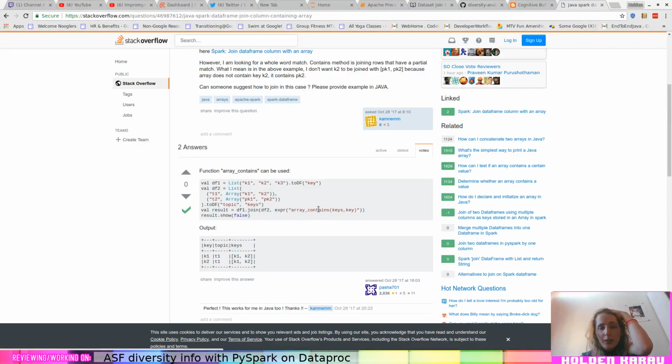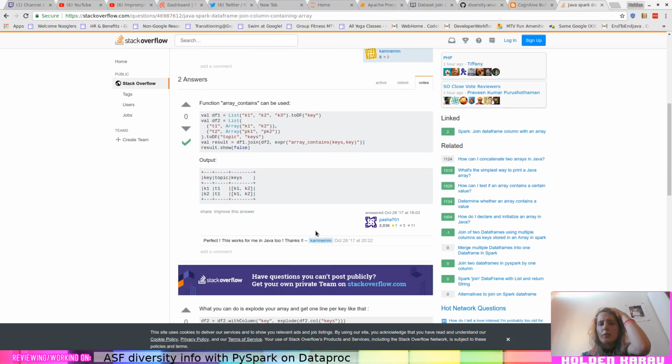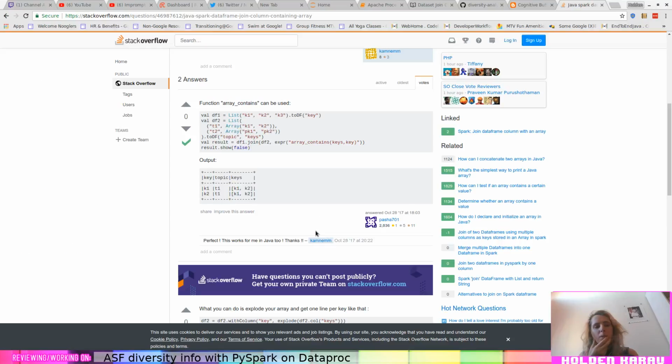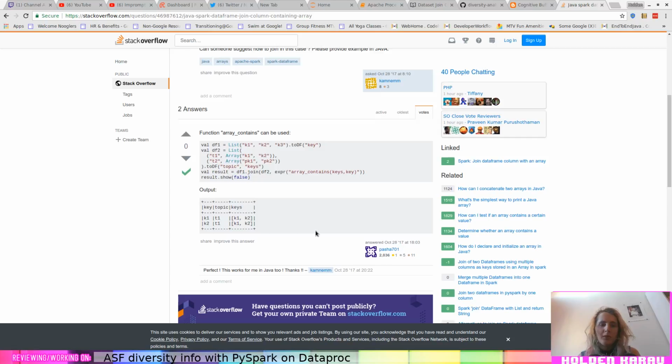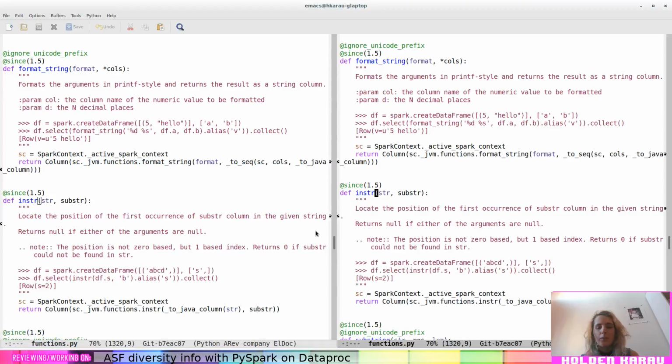Huh. That's weird. Array contains here is not super happy, but it claims it works. Let's go look in the Java version of functions.java.